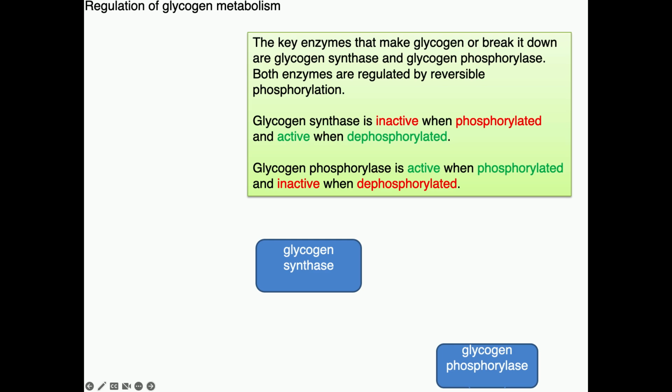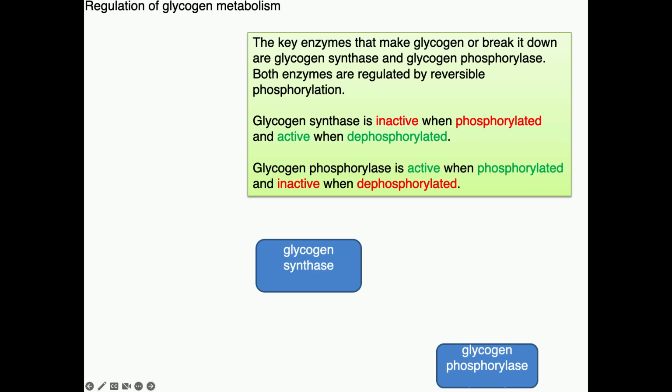Okay, so what we want to do in all of our tissues is to coordinate the regulation of glycogen synthesis with the regulation of glycogen breakdown. That means you have to turn different enzymes on and different enzymes off. The way that we do that is through this regulation by reversible phosphorylation. So in the fasted condition, in fasted metabolism,